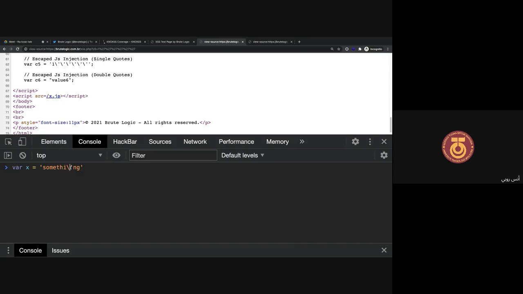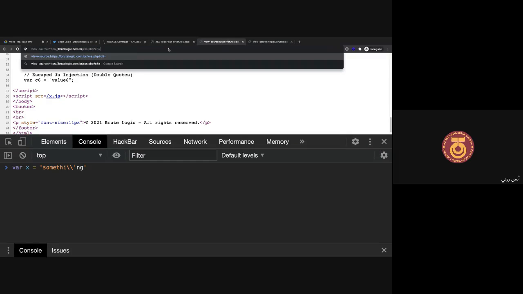The page will insert a backslash before the single quote, but this original backslash will escape the backslash, then it will be closed, as you can see. So let's try. So we will use backslash single quote, now close it, and okay, now the same trick, alert,